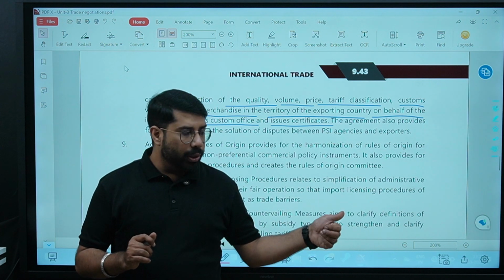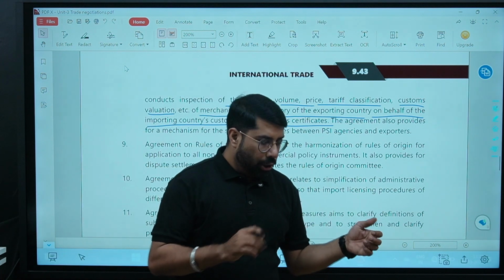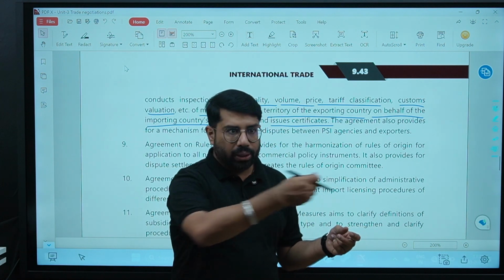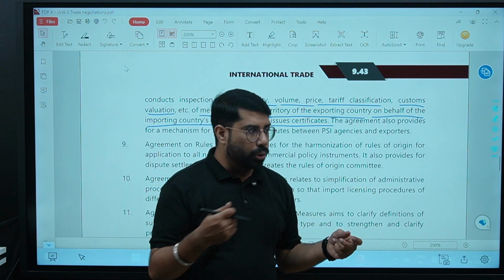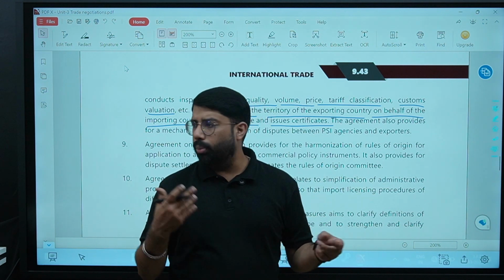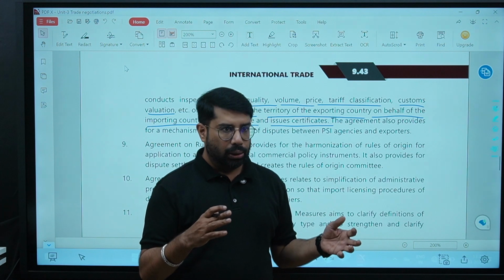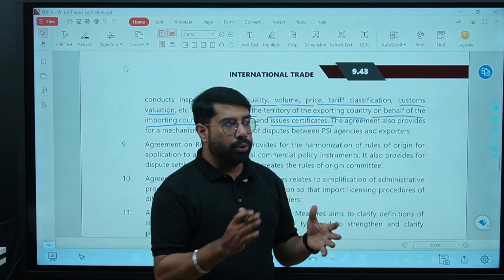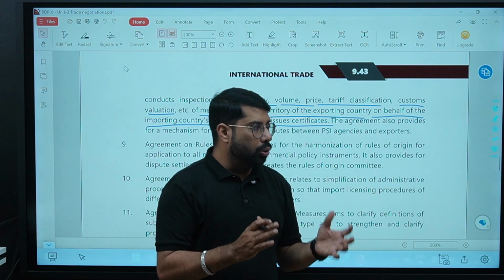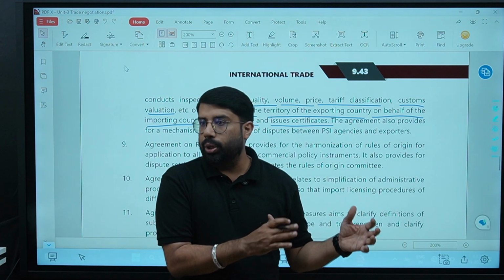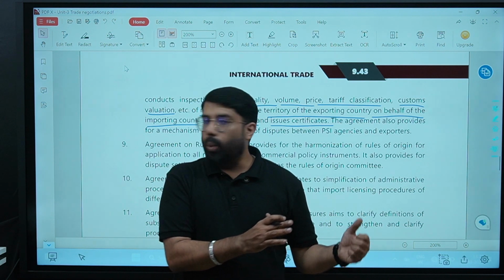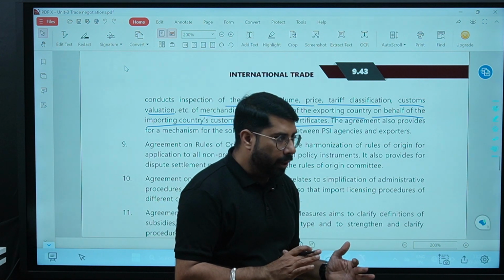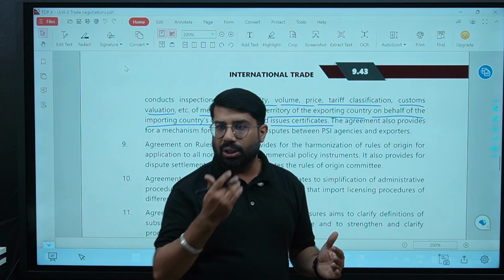What will this company in US do? It will inspect the goods before they are loaded on the ship, or whatever means you are transporting the goods. Before the goods are packed and loaded, they will be inspected, whether they are actually the goods which were ordered, whether the quantity is okay, the volume is okay, the price is okay, the bill is okay, the tariffs are charged